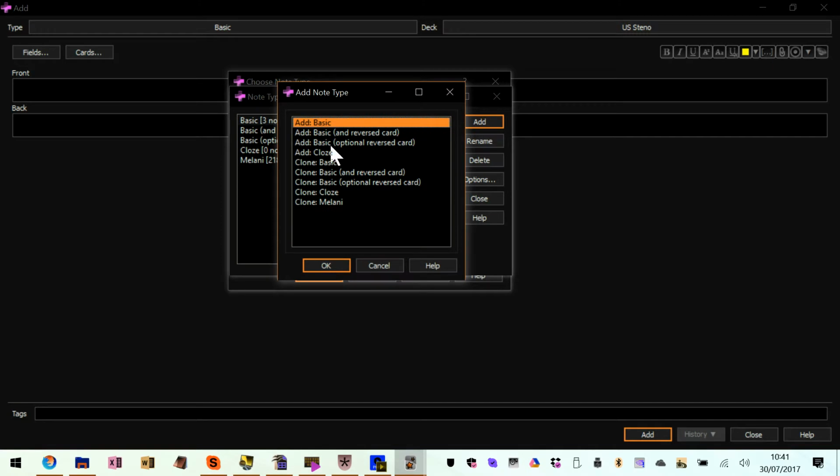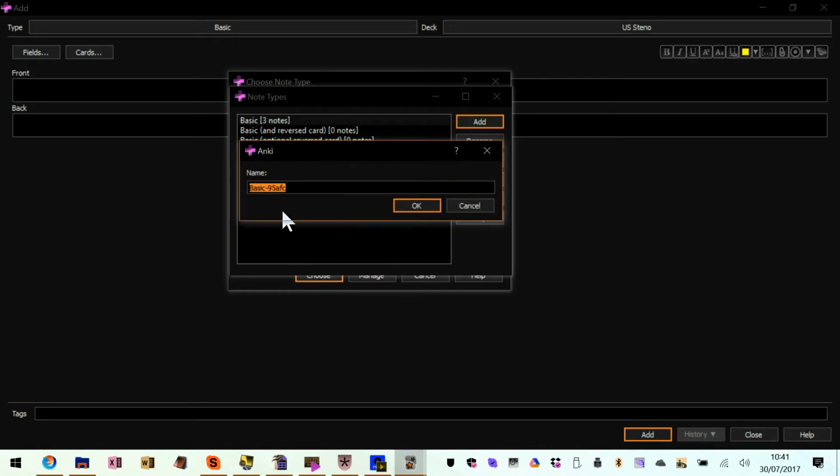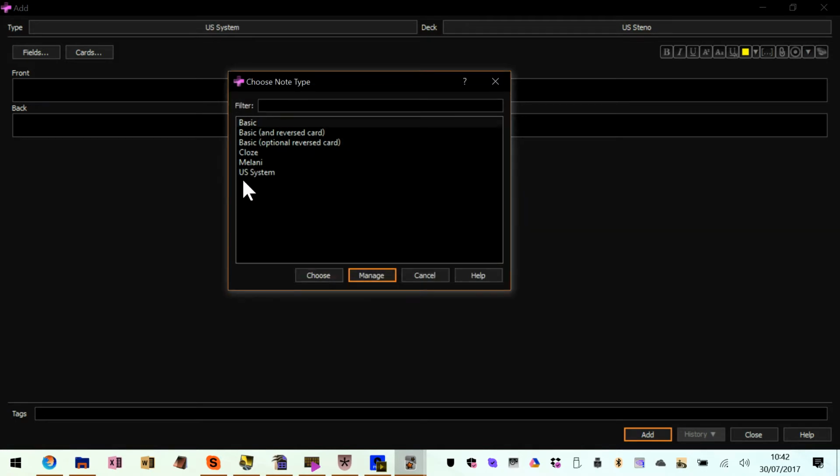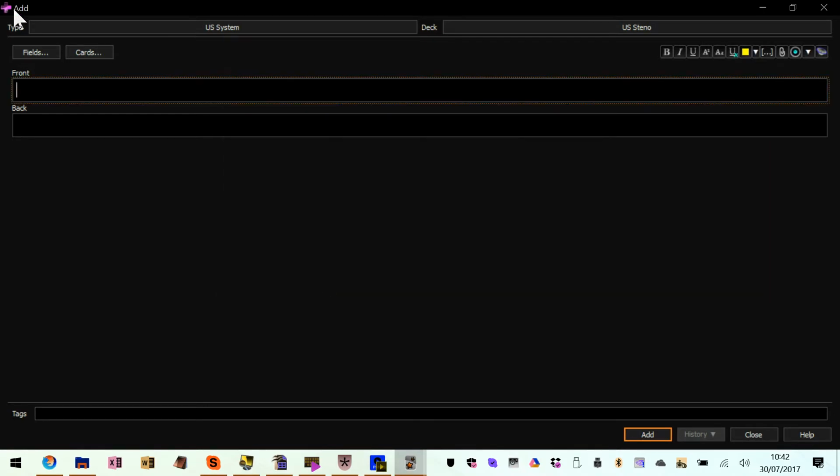The kind of template at the beginning is a basic template. So I select Add Basic and I click OK and I give it a name. You can call it as you want, US System, for example. And I click OK, I select and I click close. I select US system and I click choose this system. Okay, now I created my system, but basically it is exactly the same as the basic template, as the basic type,